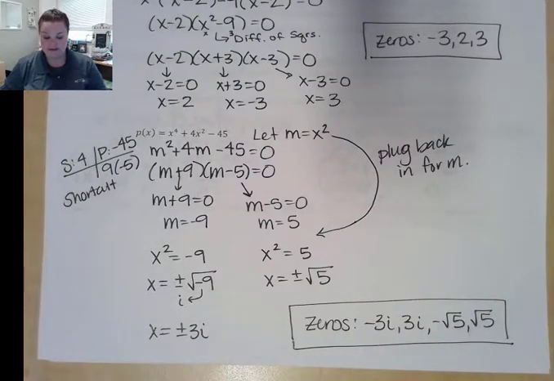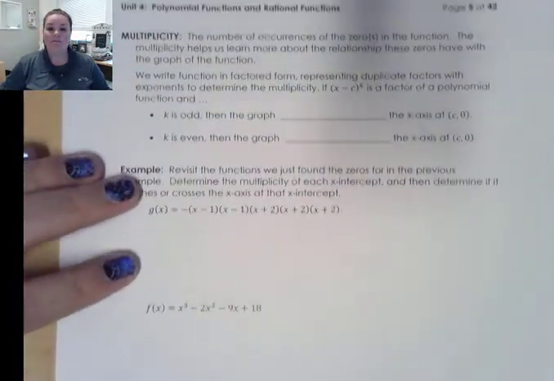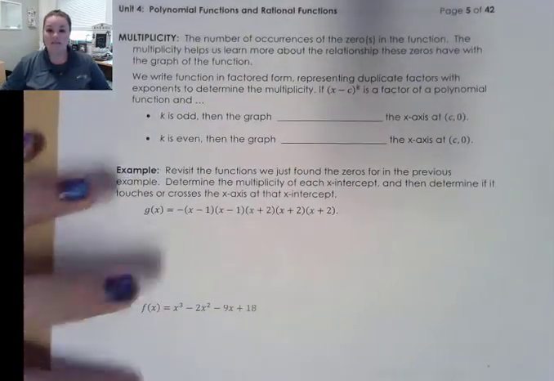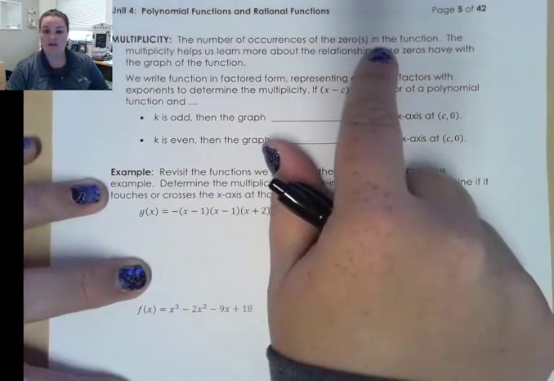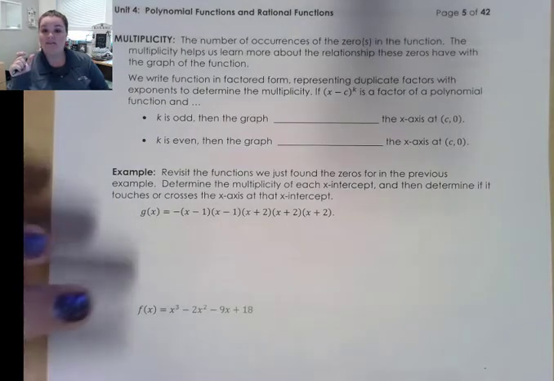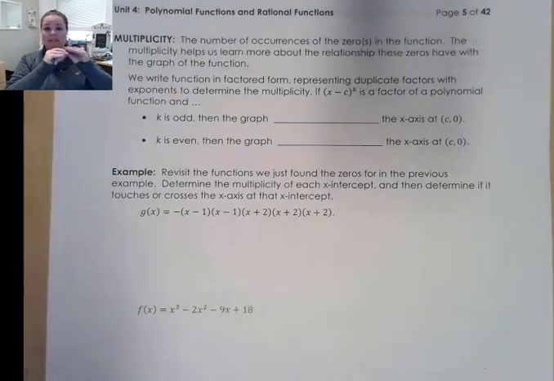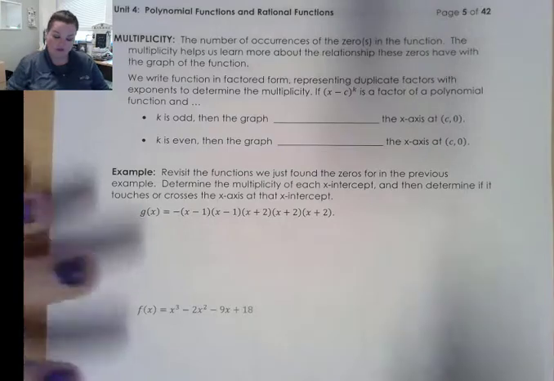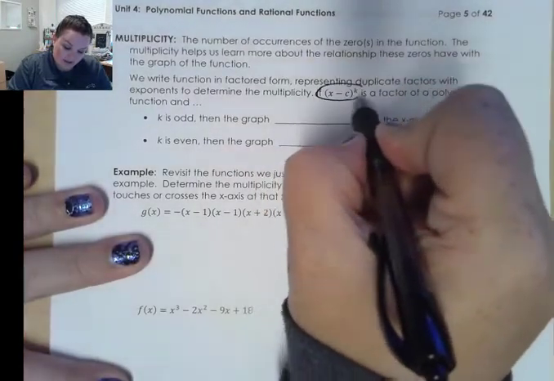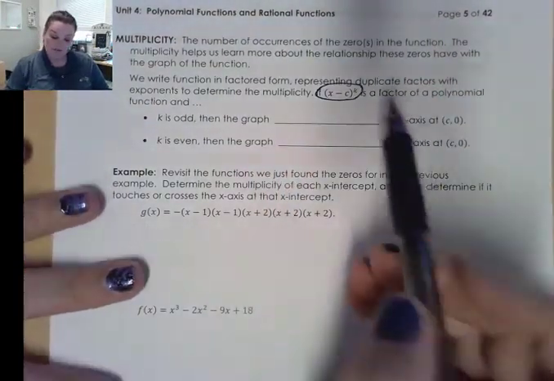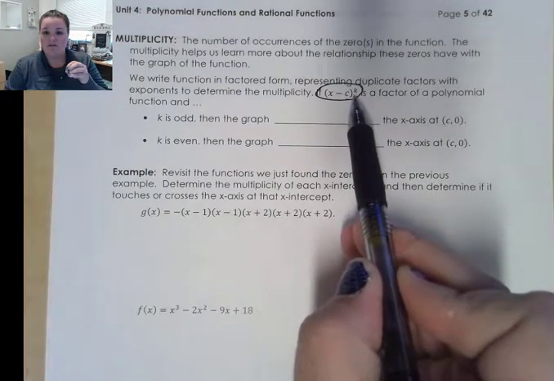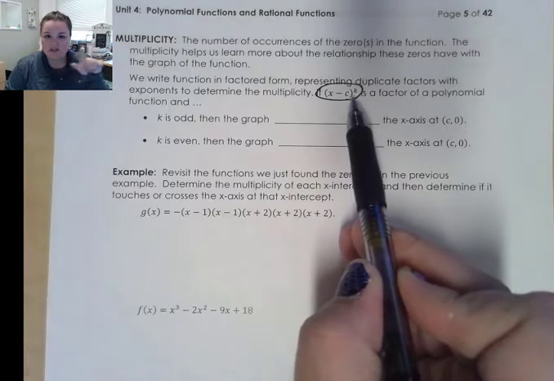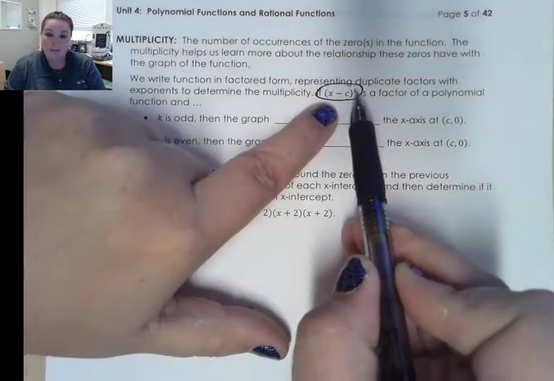touch or cross, okay? All right, so to determine if they touch or cross, we're going to look at their multiplicity. Multiplicity is the number of occurrences of the zeros in the function. And we can look at that in its factored form. So when we get the function completely factored to where we have all these little factors that look like this, all we have to do is look at how many copies of that factor we have, right? Before we set it equal to 0 and solve each little factor, we want to know how many copies we